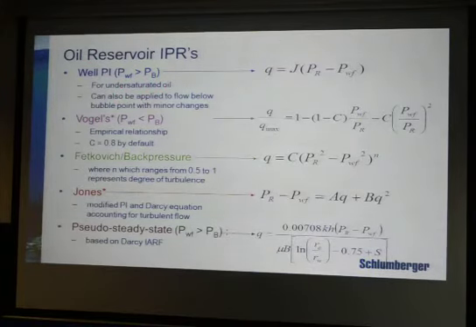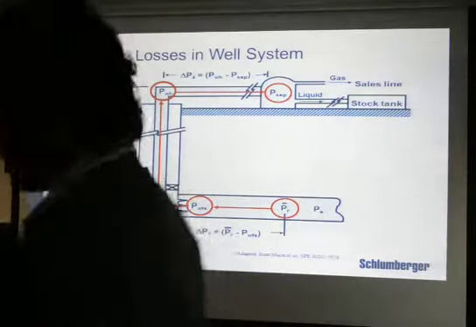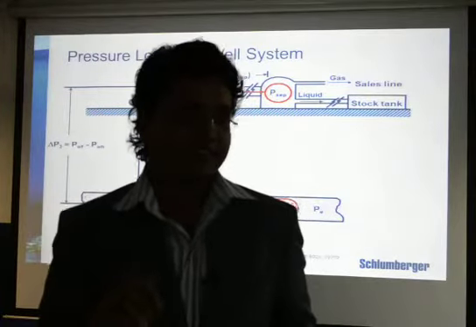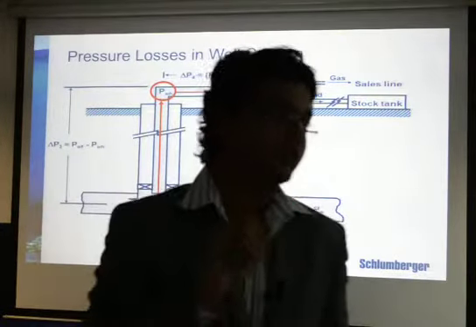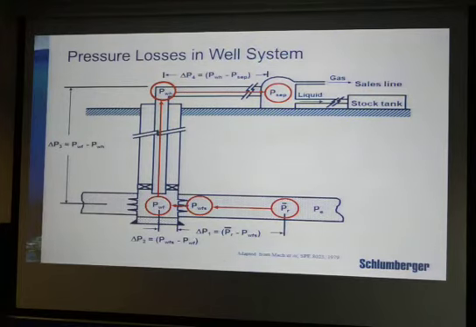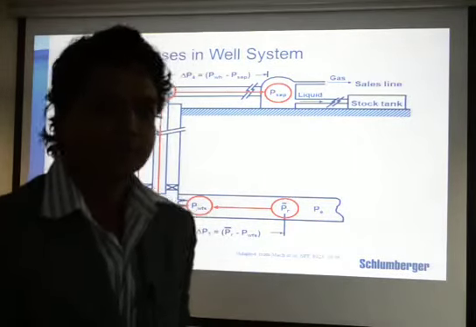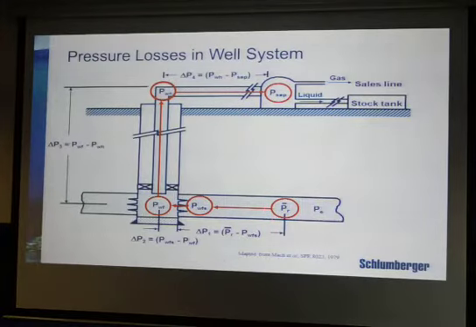Could you repeat? That was not in my presentation, but I thought from the previous slide that many of you wouldn't understand. Steady state is a physical term. It has a significance in terms of pressure. In steady state, dP by dt is 0 at all the points. There is no change in pressure, but two different points will have different pressure, because at the same pressure nothing will flow. In pseudo-steady state, dP by dt is a constant value.